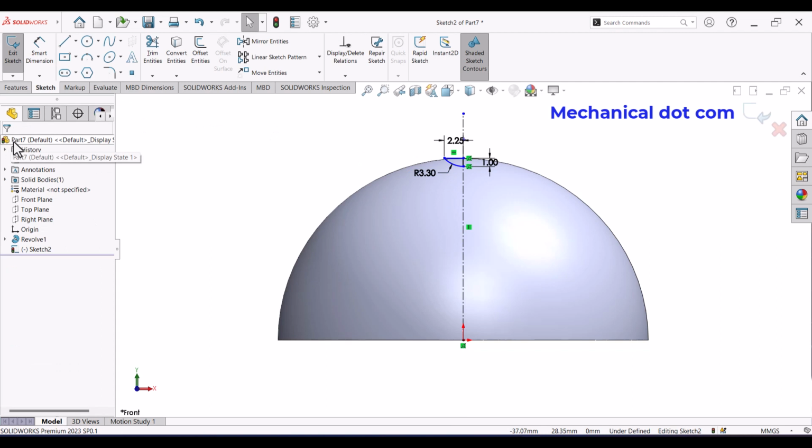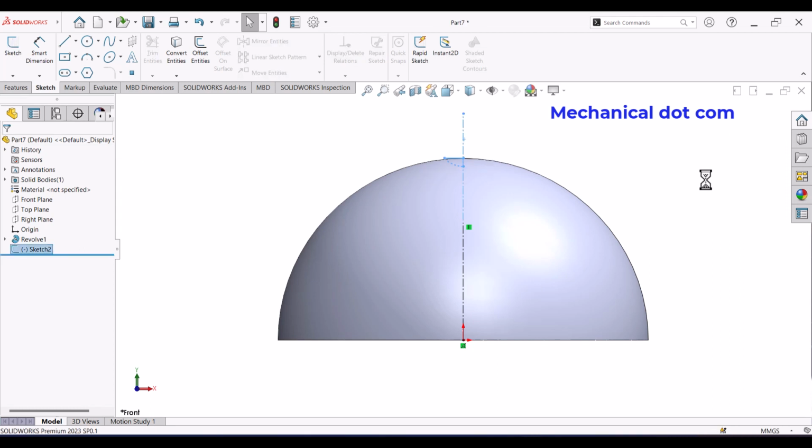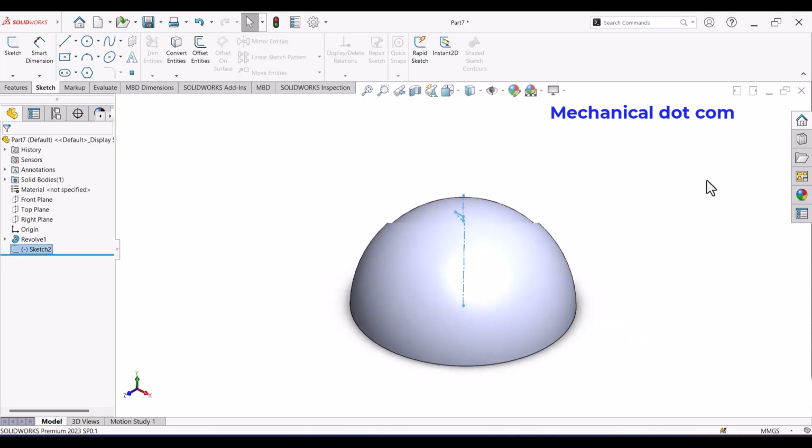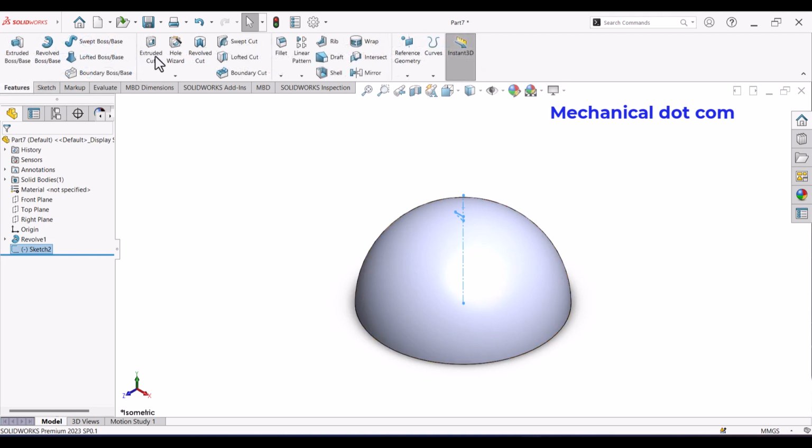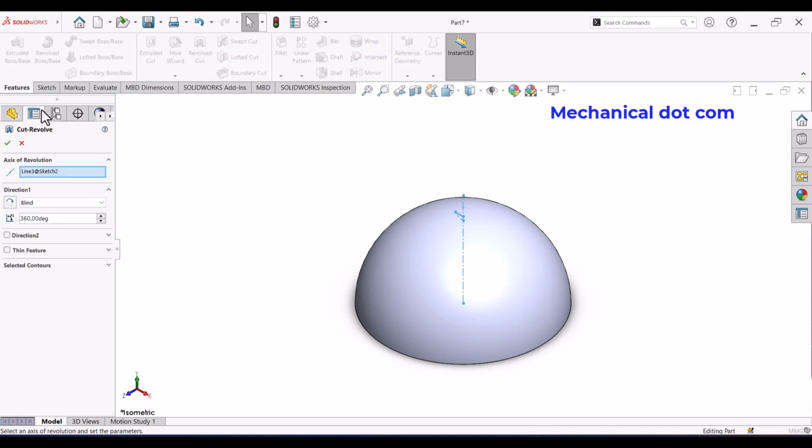Okay, now exit the sketch, press Ctrl 7. This is the isometric view. Now go to Features, Revolve Cut and OK.